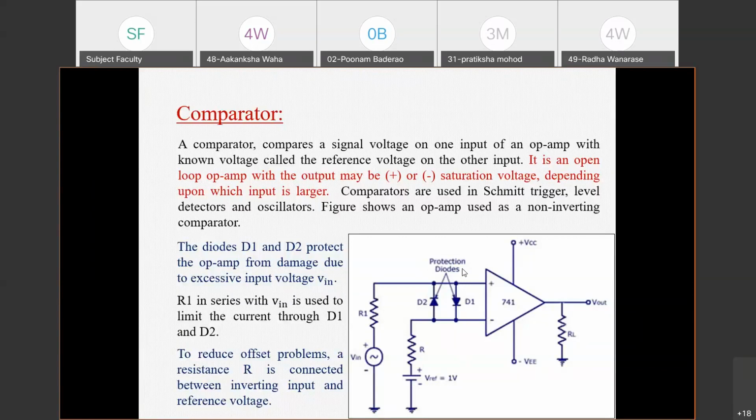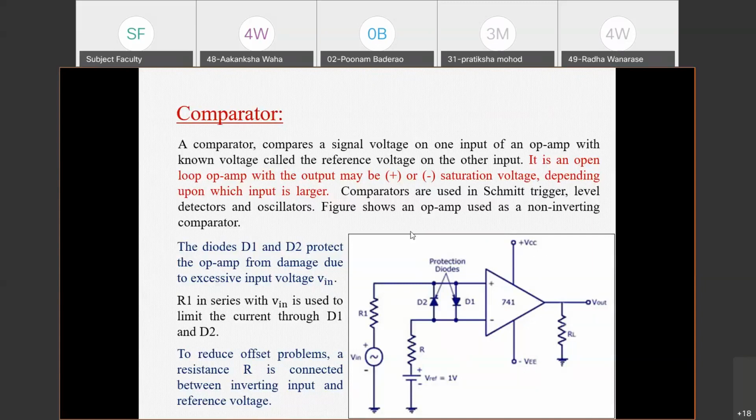There are protection diodes which are used to protect this particular circuit. Then plus VCC and minus VEE are required, because without these supplies, which we also call saturated voltages, plus Vsat and minus Vsat. These voltages are DC voltages, always remember, and they will power your op amp. Whenever you are working with your op amp, it will require some energy, and that energy will be provided by VCC and minus VEE. It is a dual power supply, and generally the values are the same but opposite in polarity.